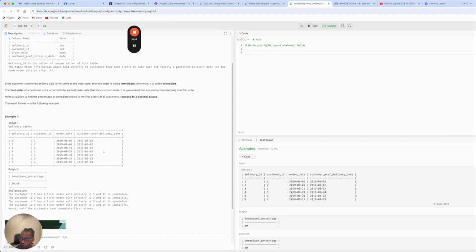I'm thinking about this problem. So essentially the sample space should be all the customer first orders, and of those first orders, which ones are immediate. So which ones would you say the order that matches up with the customer preferred delivery date? So I like to start by having some table that gets me that filters out for the first orders, and that's pretty straightforward. So you could just copy the customer ID,